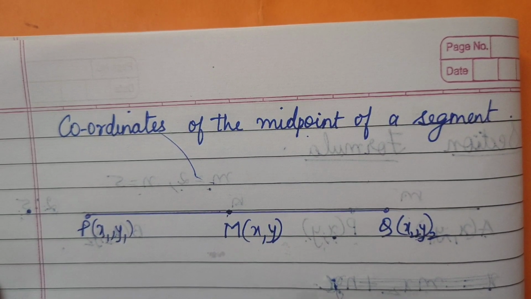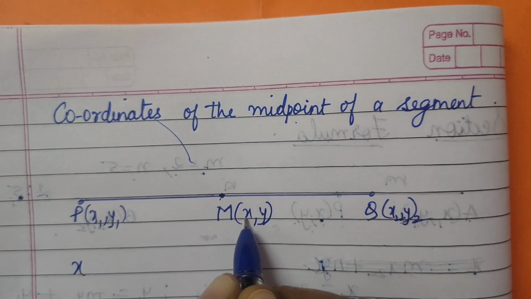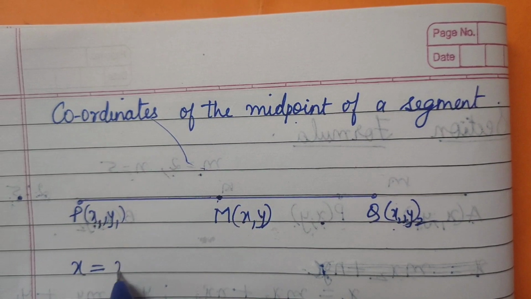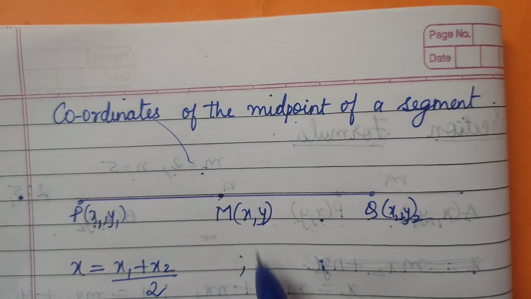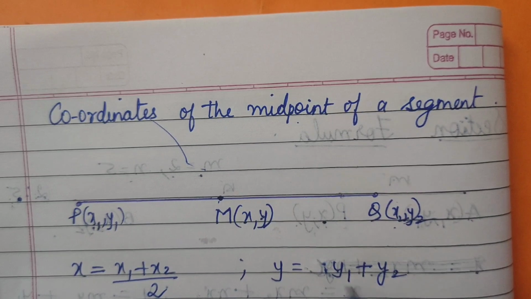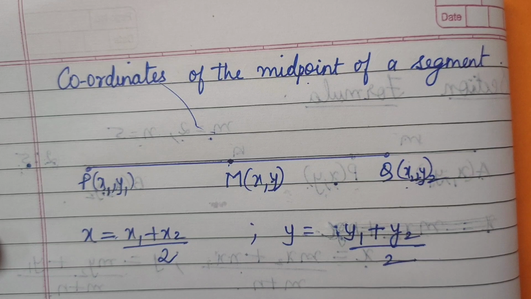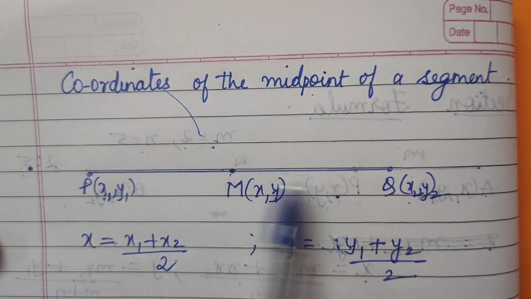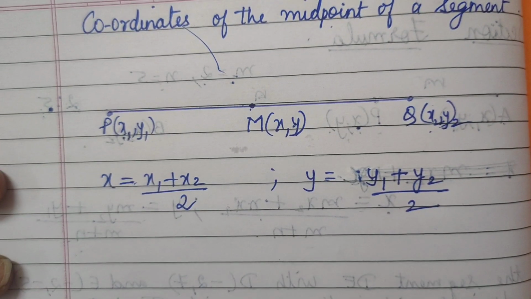Okay, so that time we have a formula. x equals to, this x we have to find out. So x equals to x1 plus x2 upon 2. That's it. And here for y coordinate, y equals to y1 plus y2 upon 2. Then you will get this coordinate x and y. Are you able to understand? It's very simple here when it is said it's dividing equally. x1 plus x2 upon 2 and y1 plus y2 upon 2. We will solve one sum now here.